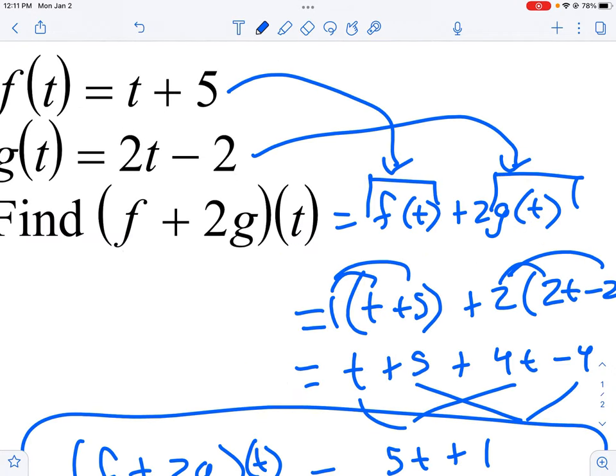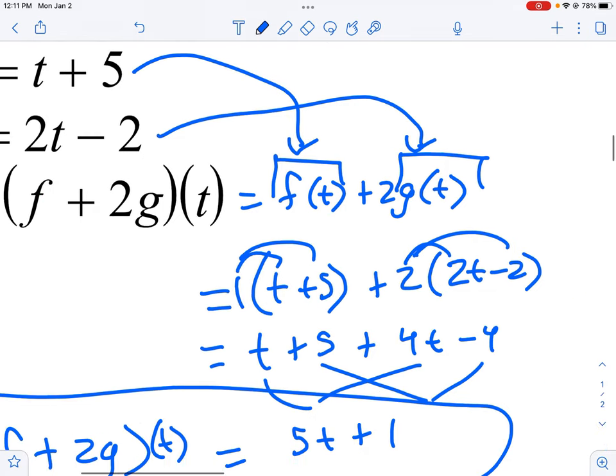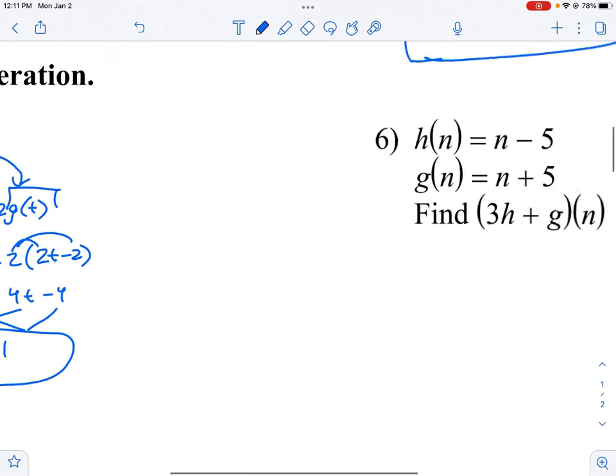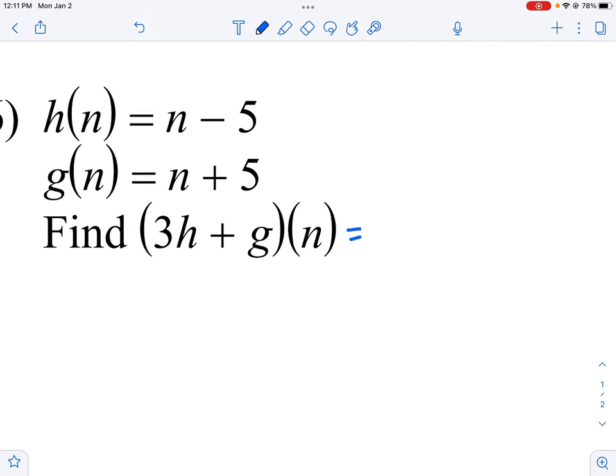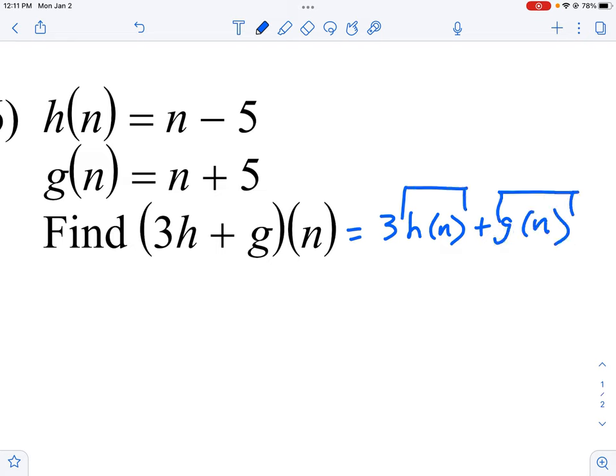You need to know what this means. It's just f of t plus 2 times g of t. You write them all out, you substitute things in, and then you simplify. So let's try again here. We need to get 3h plus g of n, which means the same thing as 3h of n plus g of n. And again, I'm going to substitute in what h is, and I'm going to substitute in what g